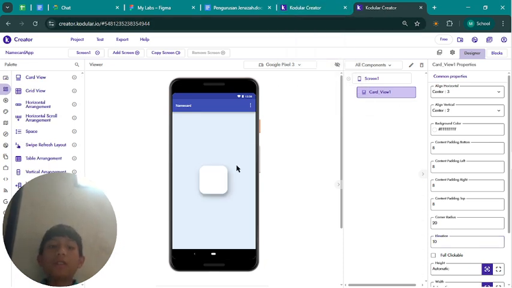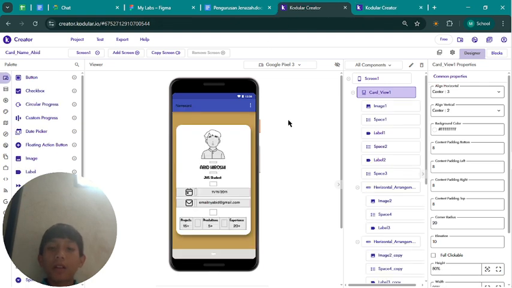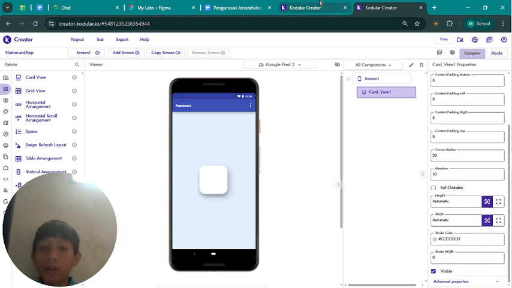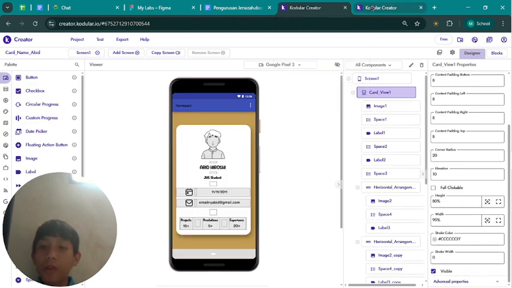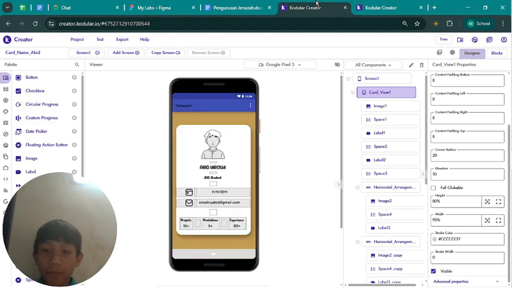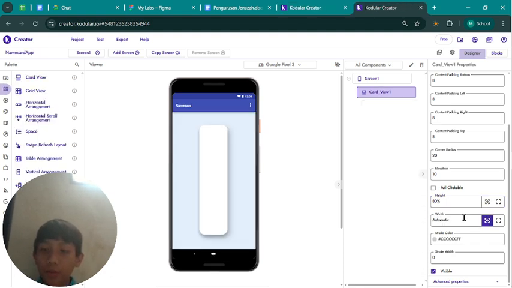The elevation is a feature that makes it look like there is a shadow. And for content padding from bottom to top, you just make it the same. For the height, you change to 80%, and for the width, you change to 90%.